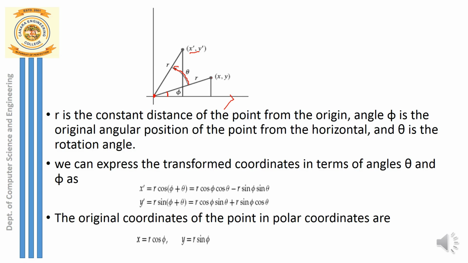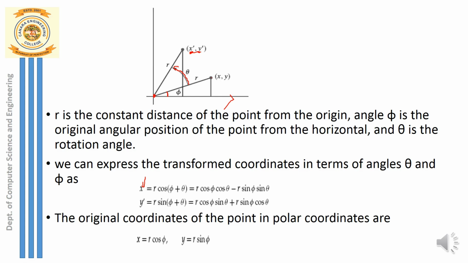So first let us start from this original line. If I have to represent this original line in the form of an equation, how do I do that? You can see this original line has a length of r. After rotation also the length did not change, so the length remains r. With reference to that we will write the equation. x dash and y dash is the new coordinate after performing rotation. So let's see what equation can be written to compute this new coordinate x dash after rotation, and to compute y dash after rotation. First let's see the equation for calculating x dash. So what is this x dash equal to?